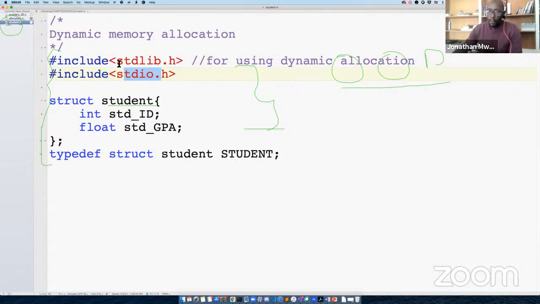We tell the compiler during the linkage stage to go to the usual place. So these angular brackets tell it to go to the usual place, which is mainly where all the other library files are kept. If you were to dig deep into how you downloaded the package, you'd be able to find stdlib.h where the libraries are kept. So the angular brackets tell the program, don't look any further, just look in the usual place, where all the libraries are kept.